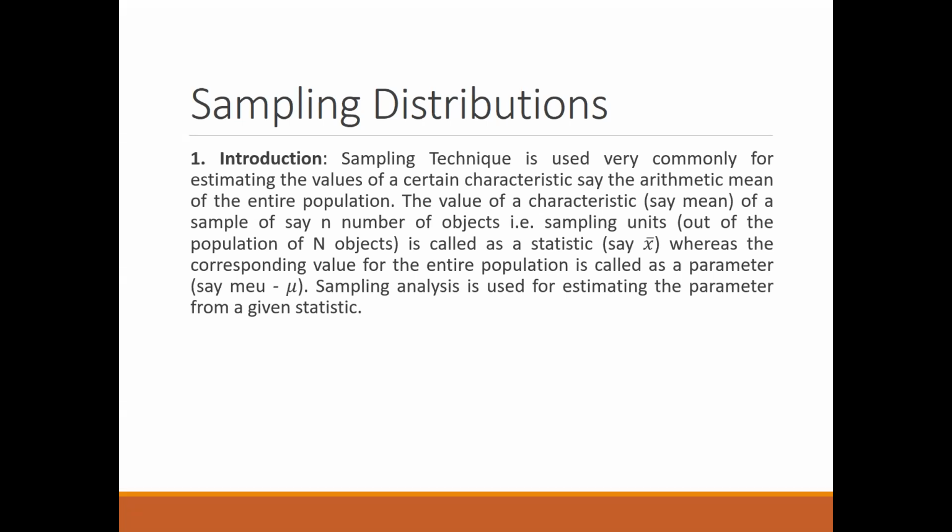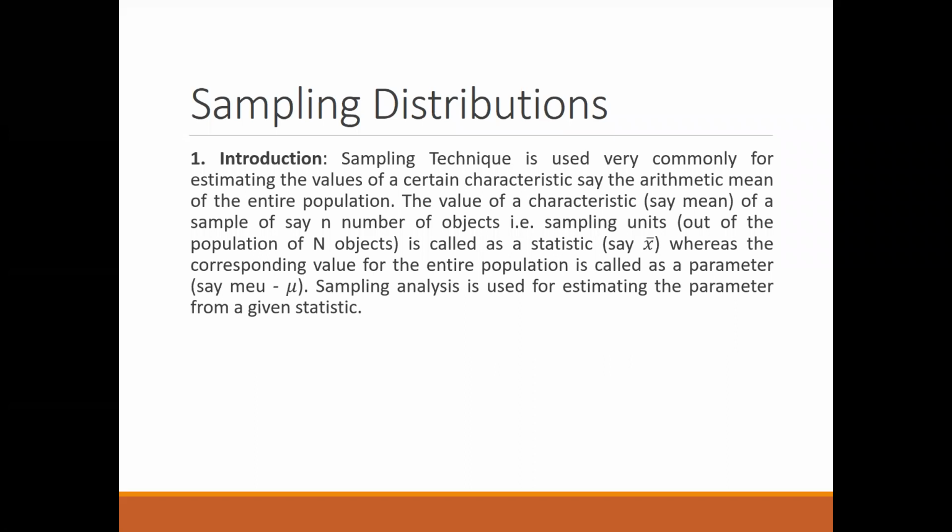So that means if I pick up a mean, or let us say I'm doing some calculation of standard deviation or median, whichever characteristic I'm trying to find out, it won't be the same as the population mean. My sample should be picked up very carefully, such that whatever calculation I'm doing on my sample should be very close to my population mean, median or standard deviation, whatever characteristic you're trying to find out. That is what it means.